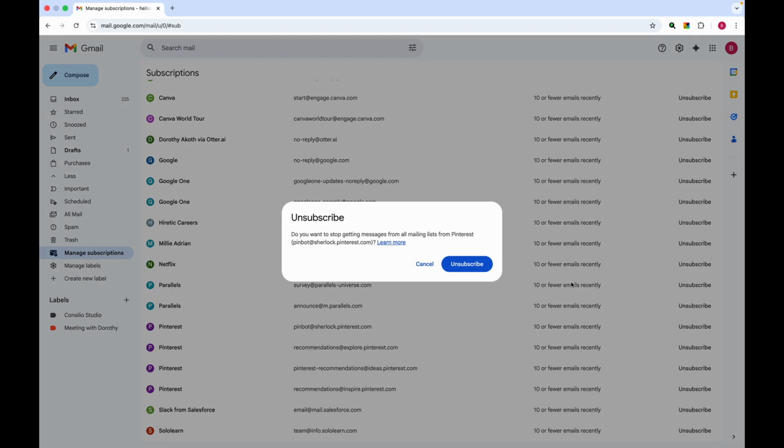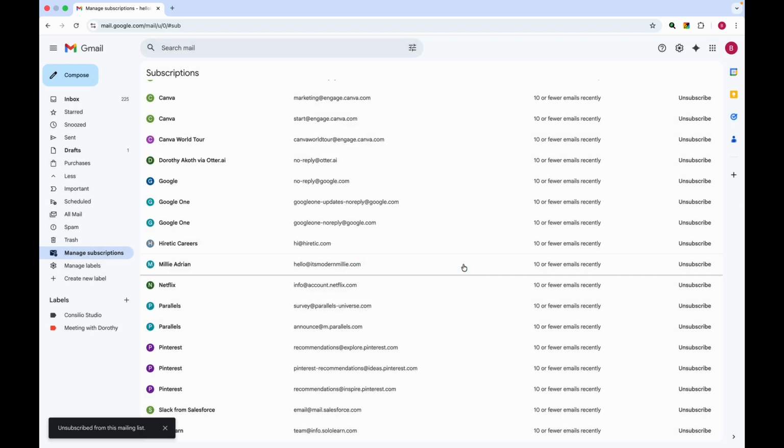You click on it, and then you select unsubscribe. When you unsubscribe from a particular service, you stop getting messages from them. So if I should click on unsubscribe, I would not get messages from this particular service that I have